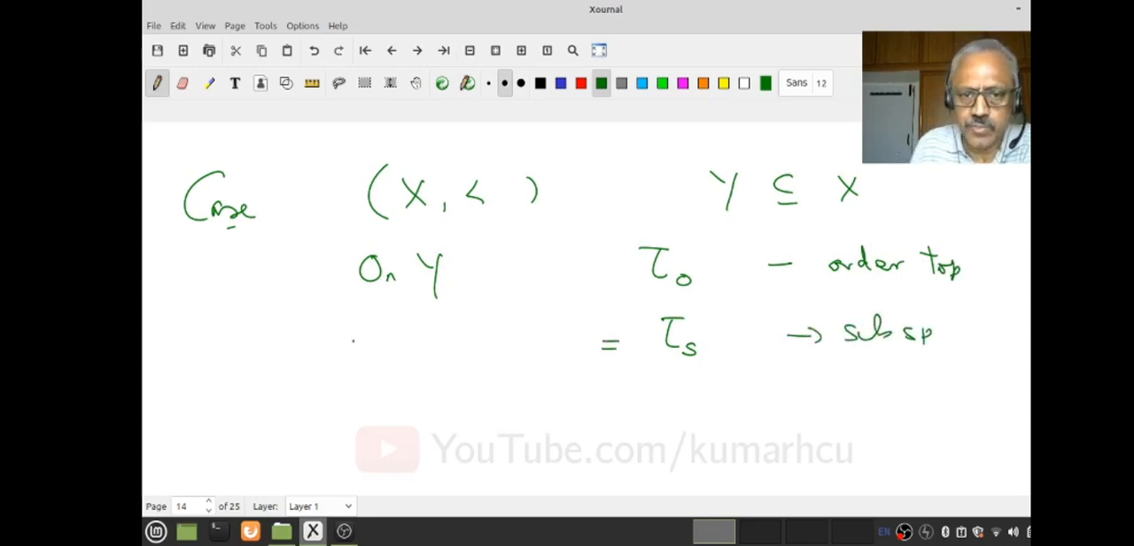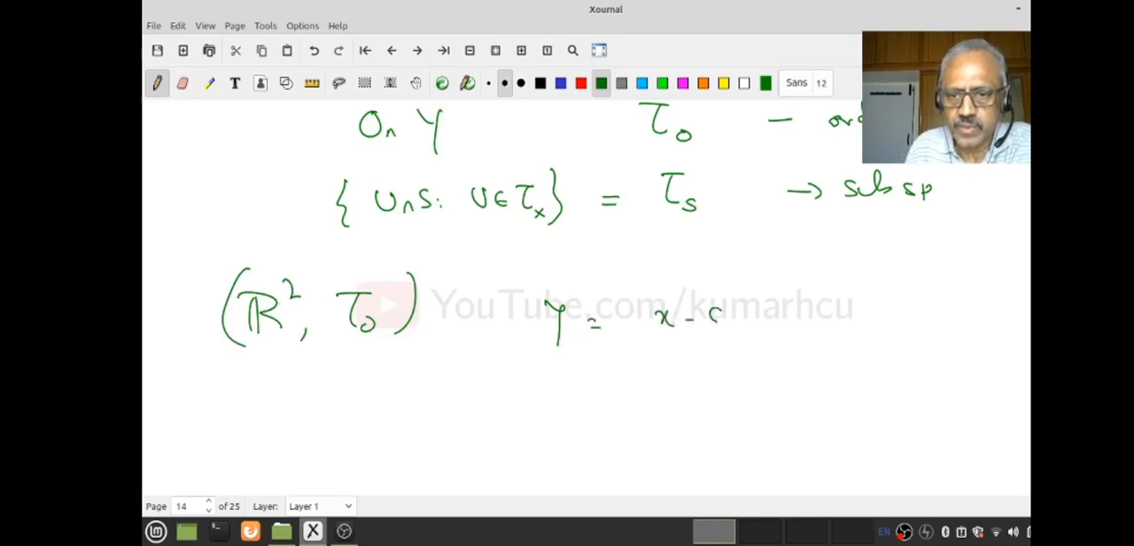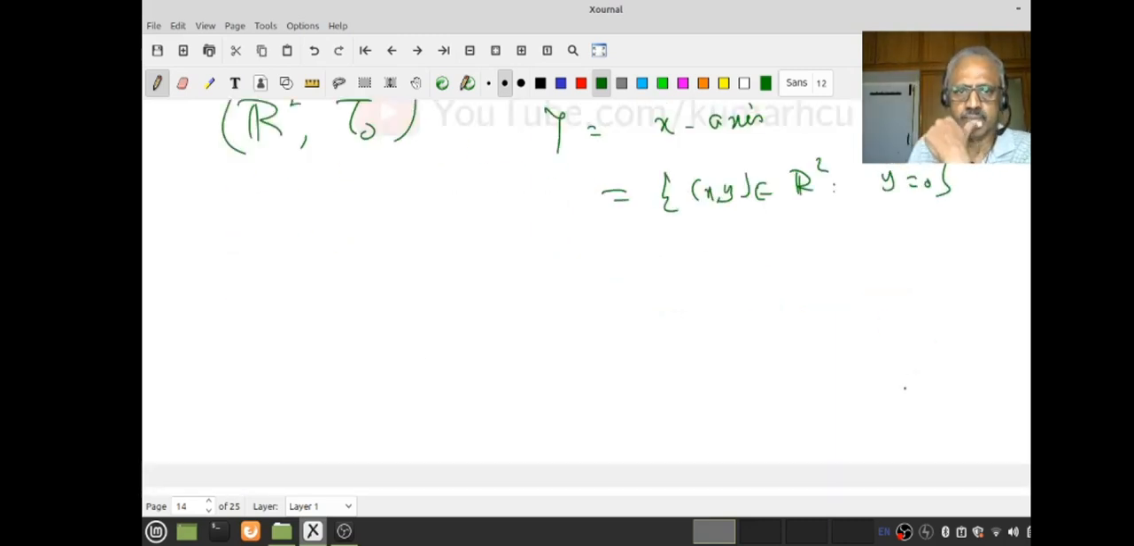Okay, subspace topology consists of all elements of this kind. I hope all of you know that. Okay, right. Let us look at the simplest case. So let us look at R2 with order topology tau O. My Y is the x-axis, that is (x, y) in R2 with y equal to 0. Right? Now I want to know what is the subspace topology